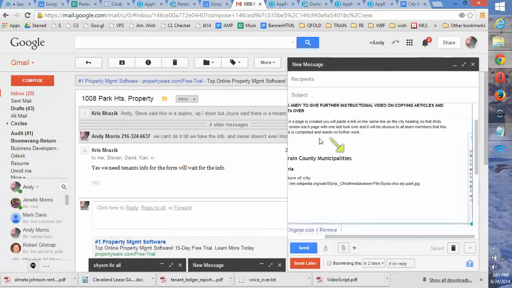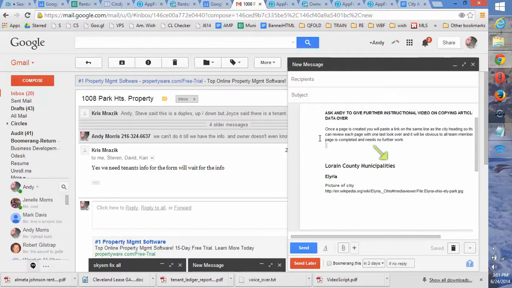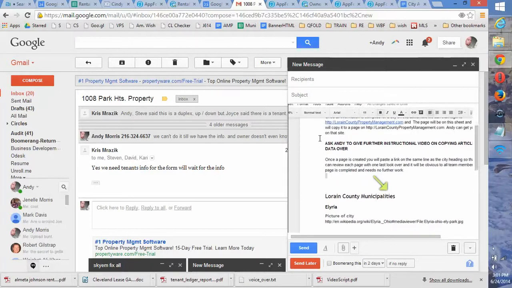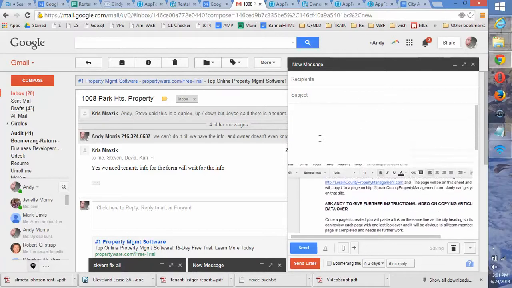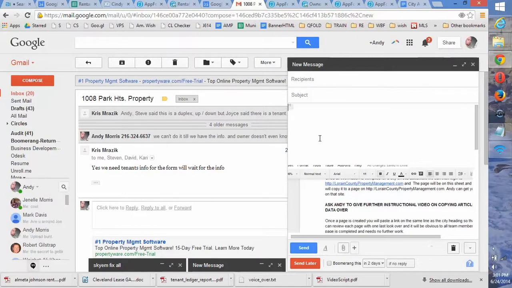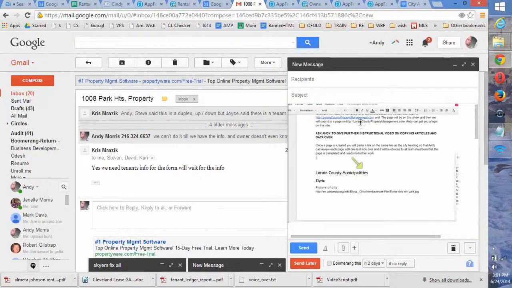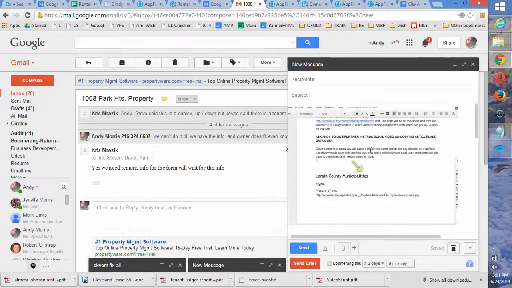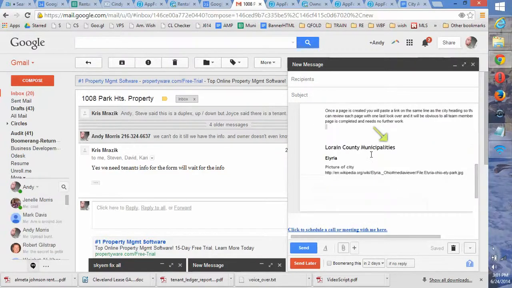Whereas rich text posts a code that you cannot see. It looks like it puts it directly into the email, but it actually posts a hidden code that causes the picture to display. I'm going to paste it directly without rich text, and you'll notice it automatically shrunk the picture. The only problem with that is sometimes when you're sending an email, it shrinks too much, and then you can't actually see the text very well. This you can see it still, but sometimes it doesn't. So I prefer the rich text when posting to email,